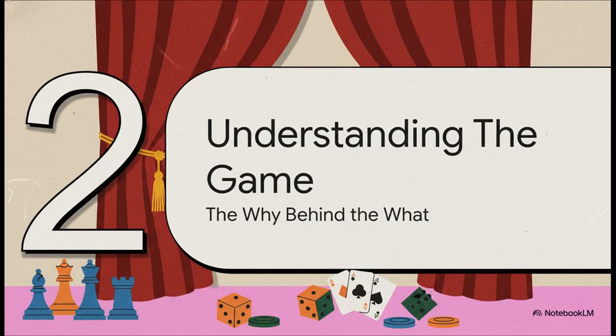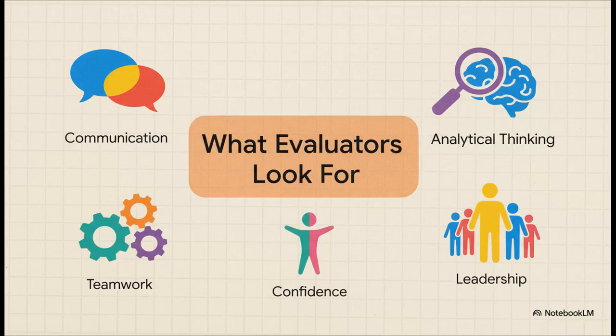Okay, so we've covered the what, but honestly, the why is even more important. Understanding what the evaluators are really looking for, well, it's kind of like getting a peek at the official rulebook before the game starts. It's how you learn to play smart. So what's on their checklist? Well, your communication skills. That's a given, of course. But they're also watching for so much more. Can you cooperate? Do you think logically? Can you show leadership? And hey, leadership doesn't mean dominating the conversation, it means guiding it. And tying this all together are two things, confidence and clarity. They are the foundation for everything else.